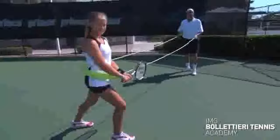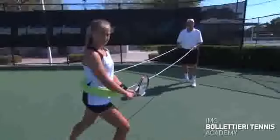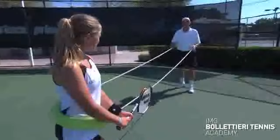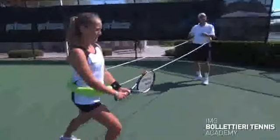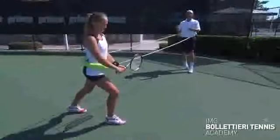Now we've got the device out called the dog sled. We use it all the time here at the Academy. It's great for a lot of applications. Right now I'm using it to put a little pressure on Elizabeth. You can see just the slightest bit of pressure in that closed stance has already got her falling